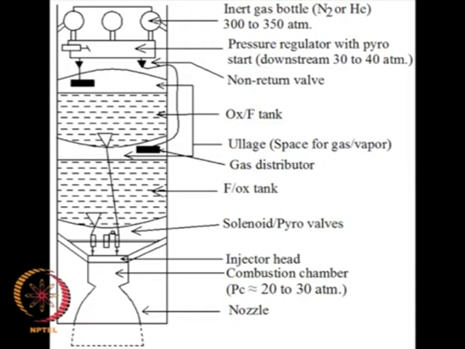What you see is again pressure bottles, but these pressure bottles are much smaller in size, and what happens here is you don't pressurize it to something like 30 or 40 bar, you pressurize it to something like 3 to 6 bar, which is higher than the vapor pressure. Why that is so, we will discuss a little later in the course. And therefore the tanks are essentially maintained at low pressures, not at 20 bar or 30 bar. So therefore the thickness of the tank material can be smaller,